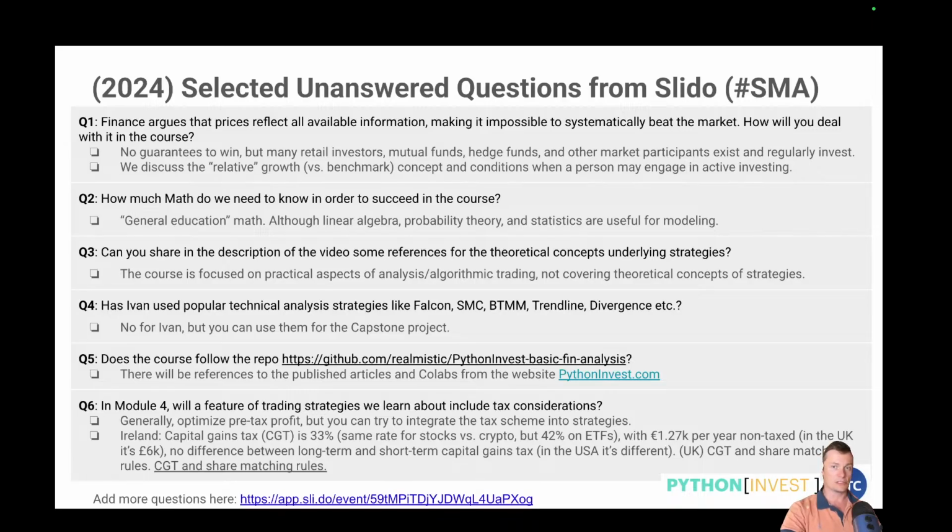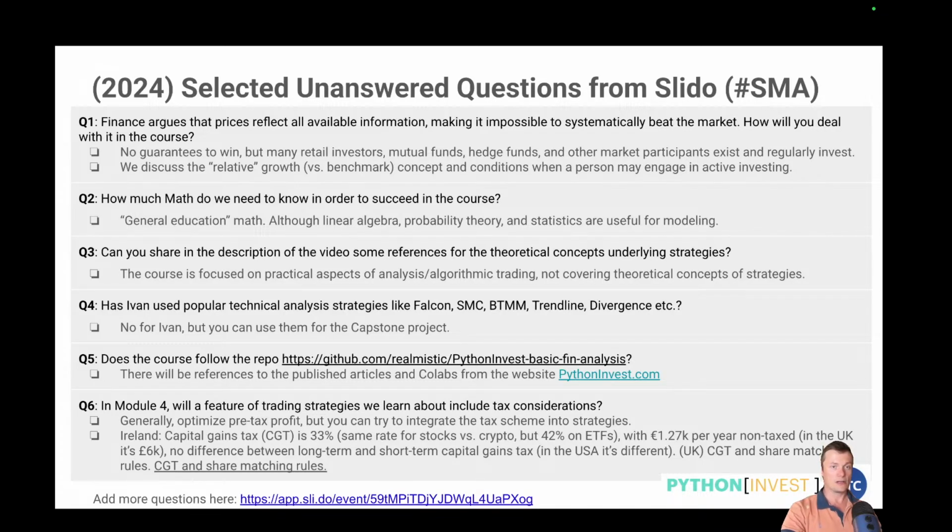which delivers positive results. And the second thing is that we discuss relative growth, or growth versus benchmark. Each of you needs to define what benchmark you have: on a local market, on a global market, on an asset class, or your personal aspirations. And you can compare versus this benchmark whether your trading strategy is performing better or worse.